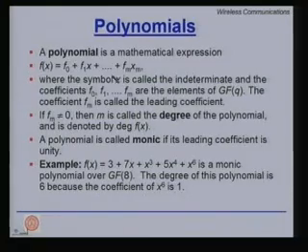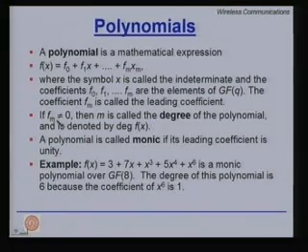It can be denoted as follows, and the symbol x is called the indeterminate, and the coefficients f0, f1 up to fm are the elements of any GF(q), a Galois field. So, we can define a polynomial over a field. It depends on what you are taking the coefficients from. If it is a binary polynomial, then GF(2) is in question, and then you have f0, f1 etc. either a 0 or a 1. If it is GF(3), then your fi's can be 0, 1 and 2.